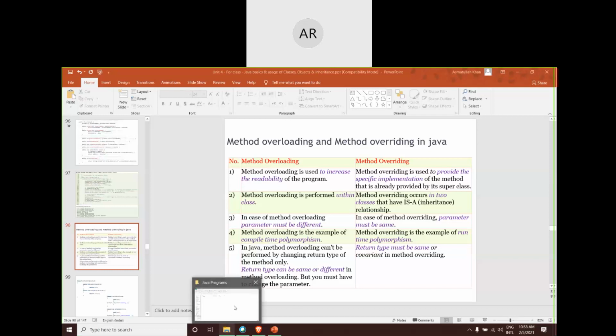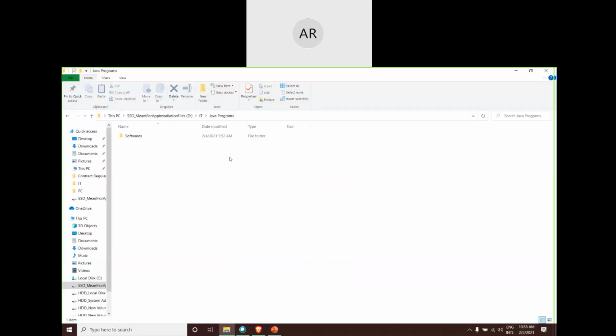Yesterday I was trying to show you how to install that particular software, but since the installation is already done on my system, I'm not able to do it successfully again. I'm not able to show you all those things again. But it's very simple. It is not very complex.